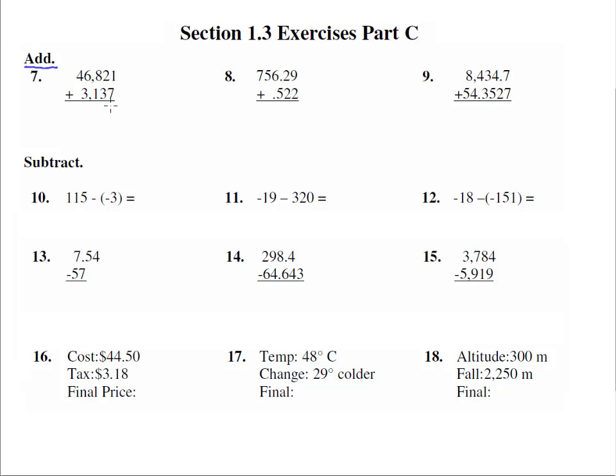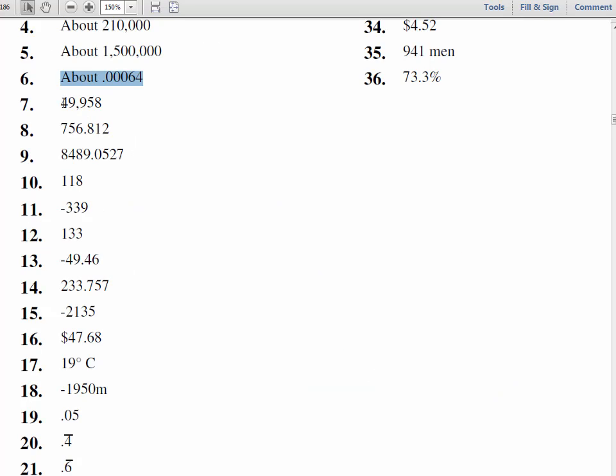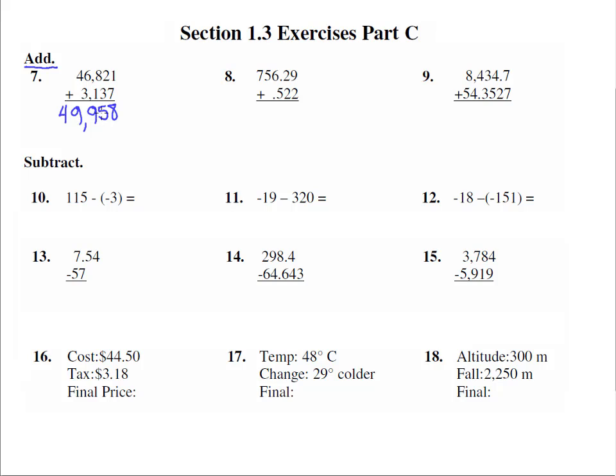1 plus 7 is 8. 2 plus 3 is 5. 8 plus 1 is 9. 6 plus 3 is 9. And 4 plus 0 is 4. 49,958. Let's check that answer. 49,958. There was no carrying at all in that one. That one was good. Okay, so number 8,